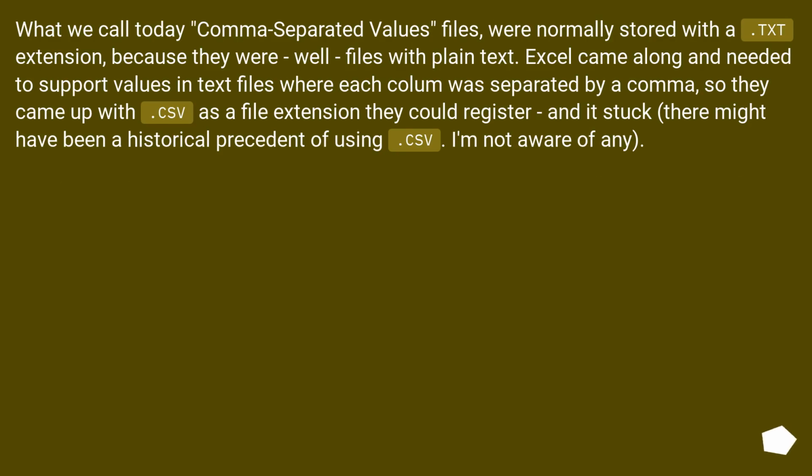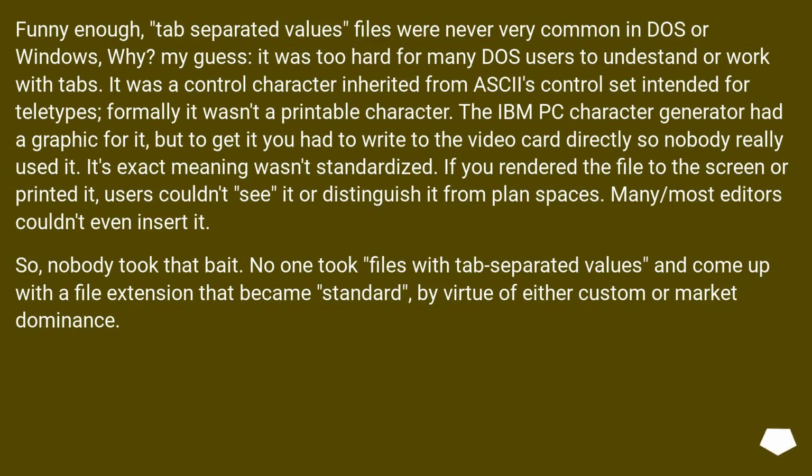What we call today comma-separated values files were normally stored with a .txt extension, because they were, well, files with plain text. Excel came along and needed to support values in text files where each column was separated by a comma, so they came up with .csv as a file extension they could register, and it stuck. There might have been a historical precedent of using .csv. I'm not aware of any. Funny enough,